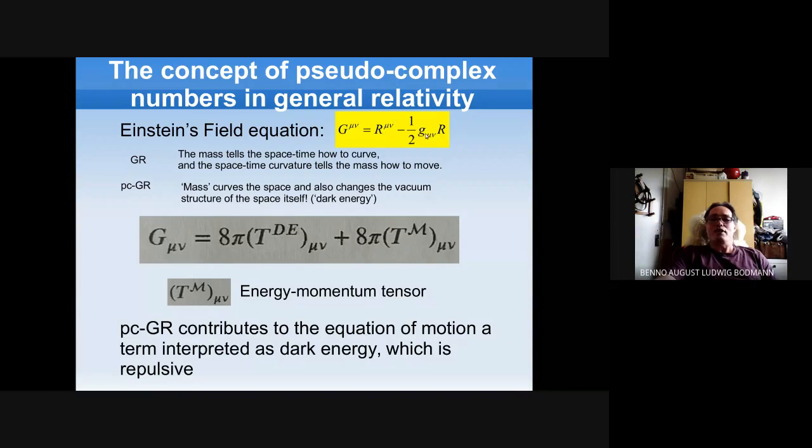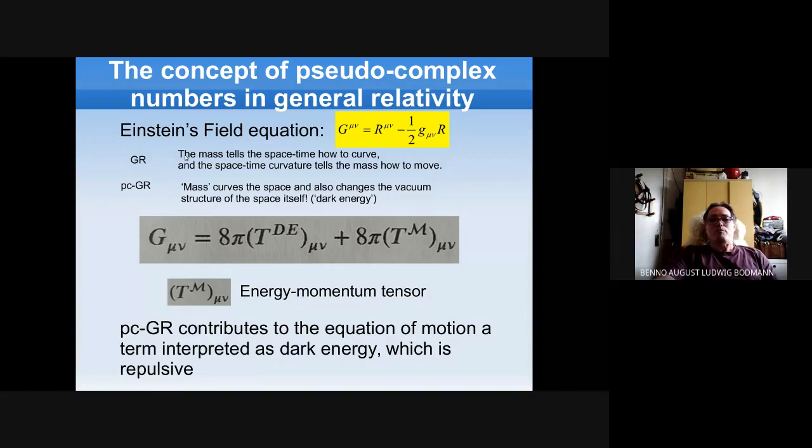So this part is only geometrical in nature, and on the right part emerges the energy momentum tensor where all the masses are involved. And this term here can be related to somehow a dark energy contribution, which emerges with the introduction of the PCGR